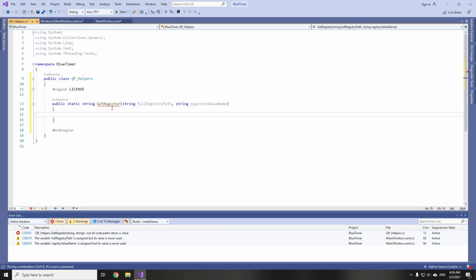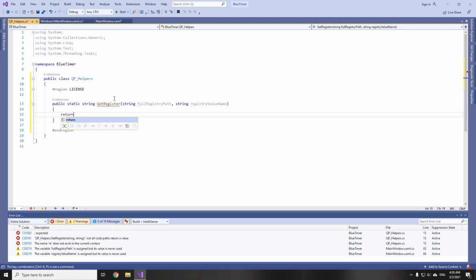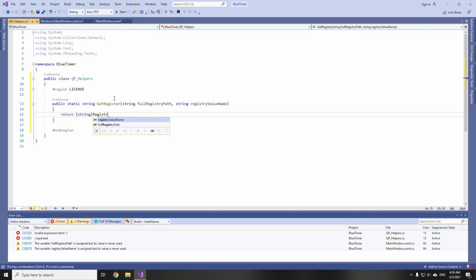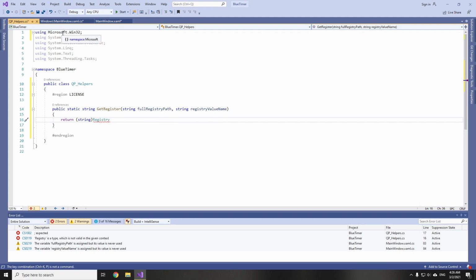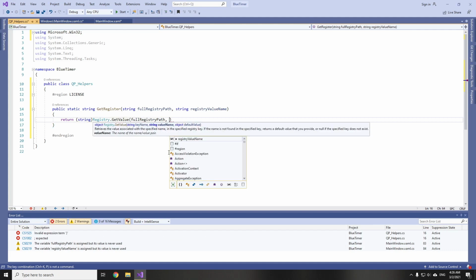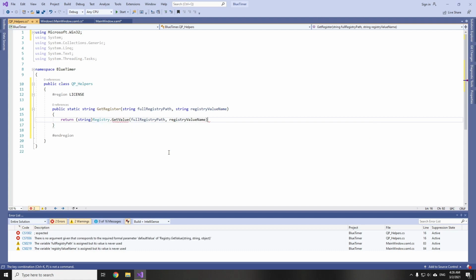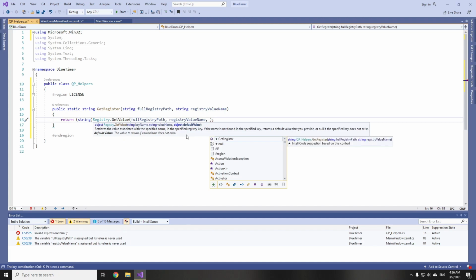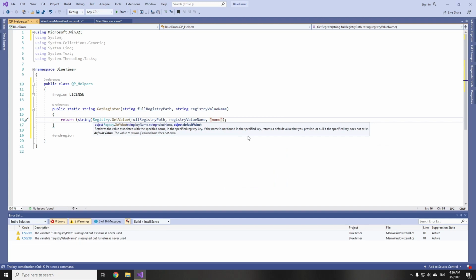So this method will just return the value of type string, and we need to access the Registry class in Microsoft.Win32, and its method called GetValue, and here we pass our full registry path and registry value name. Oh, and also it has the third argument like default value. Well, just type none here.